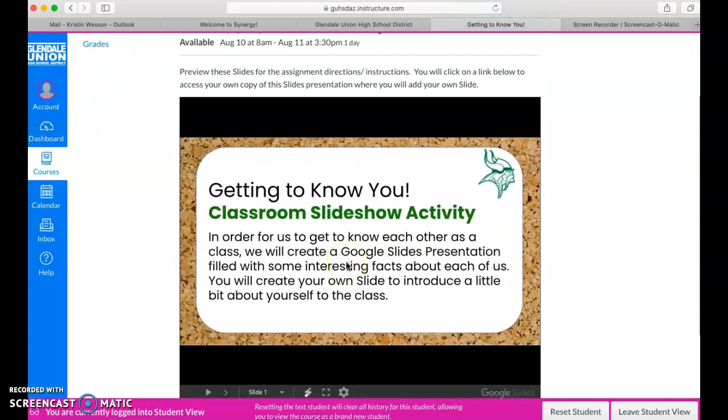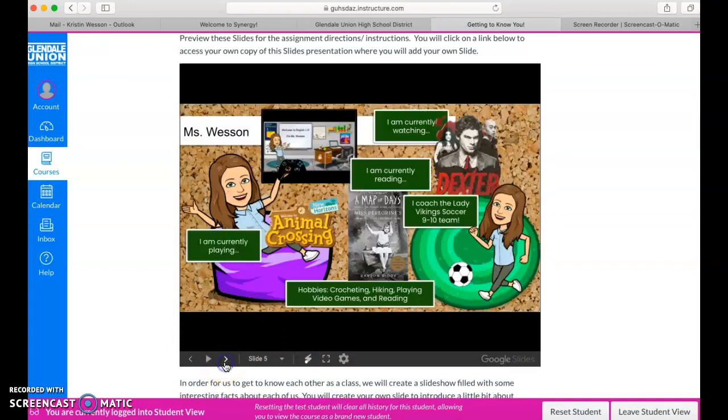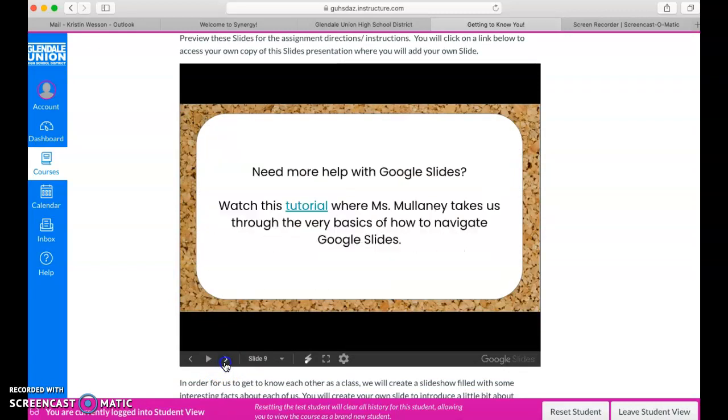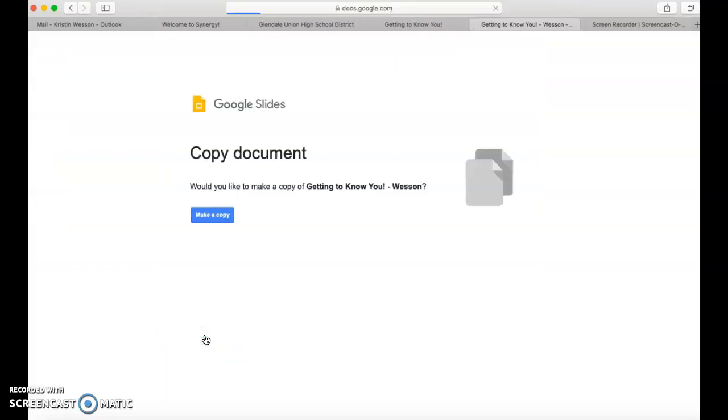This is what I went through in class with you. This shows you all those directions and instructions to actually get your own Google Slides. In order for us to get to know each other, in order to get your own copy of the assignment, you're going to click here. It will force you to make a copy. You're going to make a copy,